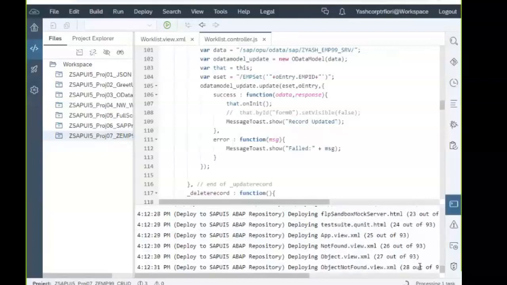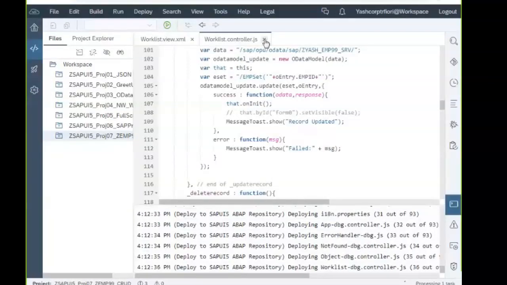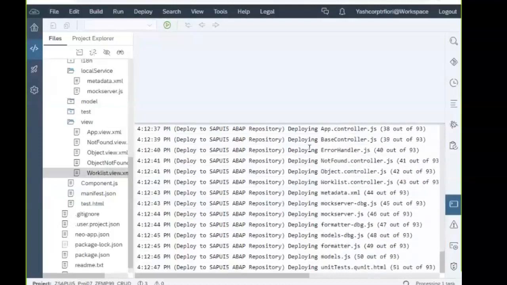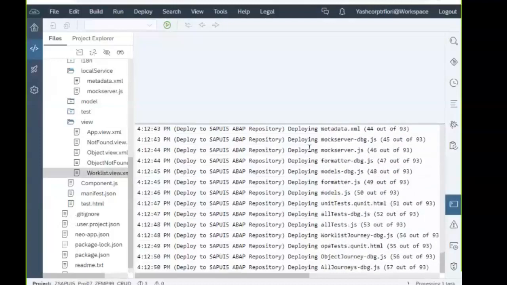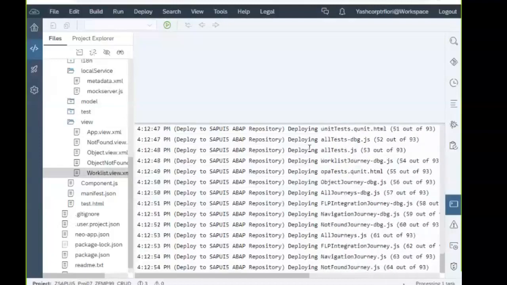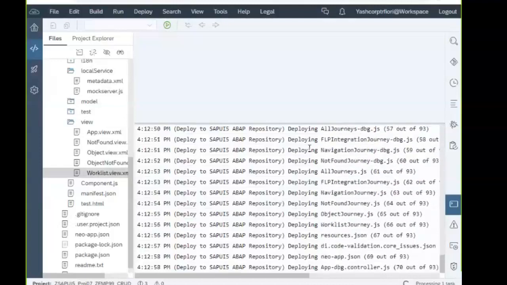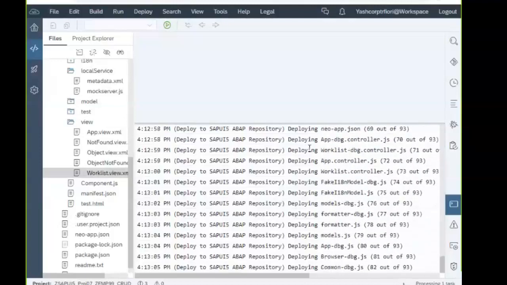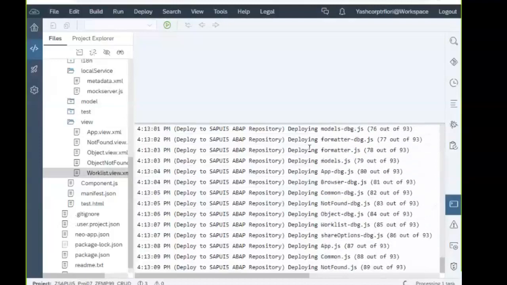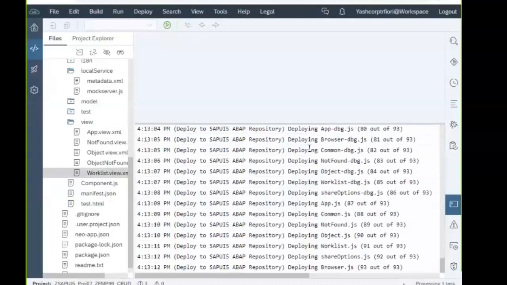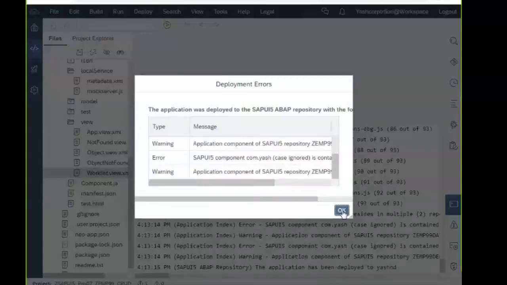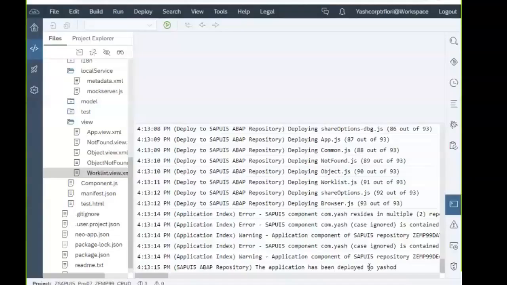There are a total of 93 files, so it is going on one by one. Okay, no problem. Application has been deployed.